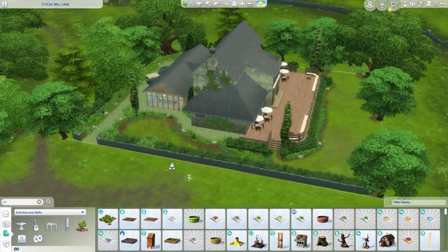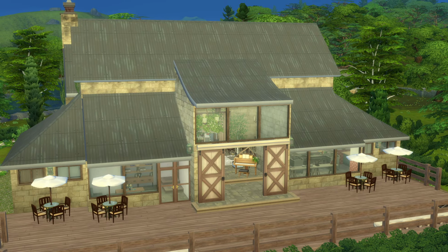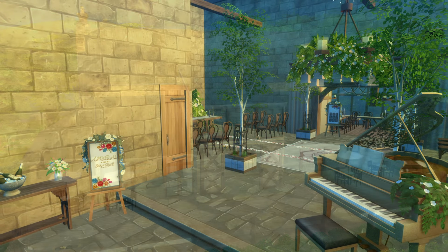specific. Do you know what I mean? Specific to a theme, or specific to, I don't know, so the couple can do what they want with it, basically. But anyway, we've come to the end, so I will leave you with some screenshots